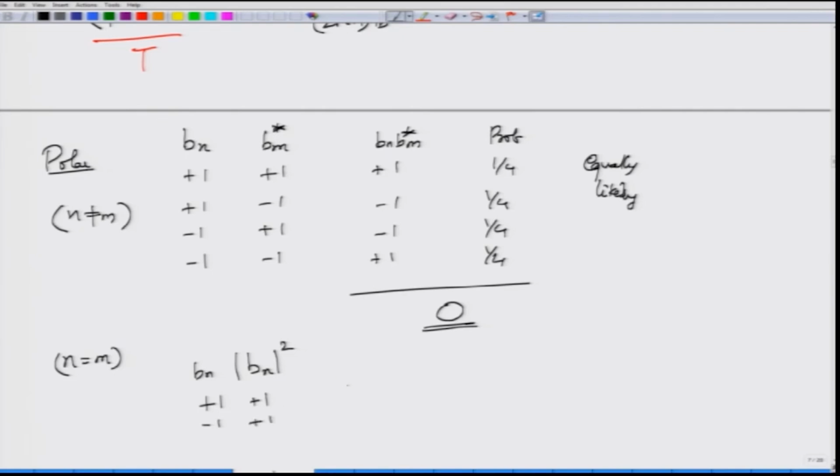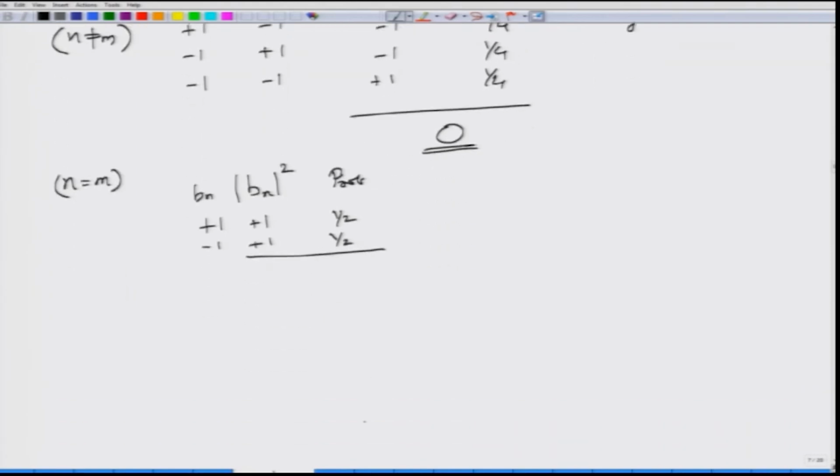And if you assume +1 and -1 to be equally likely, each would occur with a probability of half. Therefore, when you add them together, weighted, the average value will be equal to 1. These two conditions can be concisely written as the average of Bn Bm complex conjugate equals delta nm,